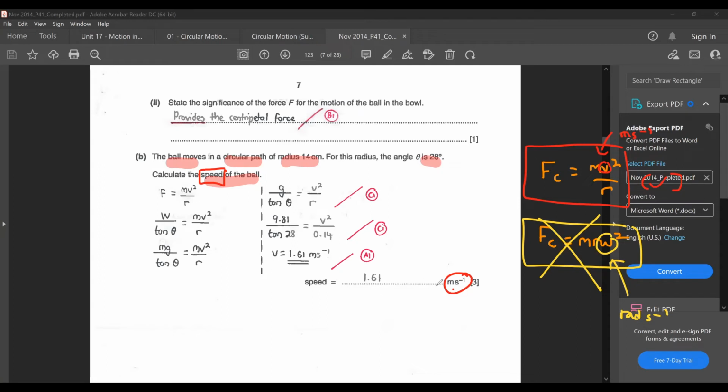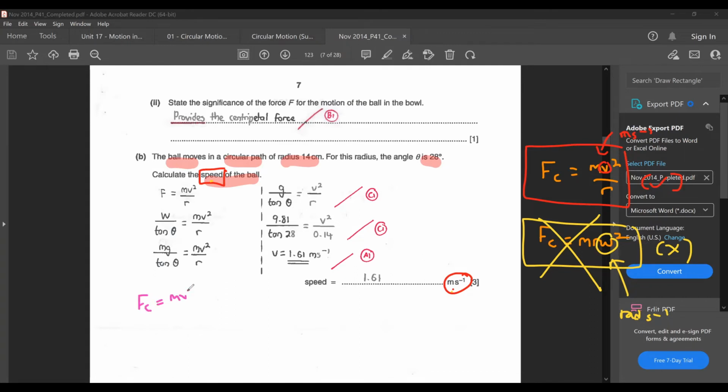Okay, that's what I meant just now when I mentioned that although there are two different equations, which one you use depends on what is given inside your question. Here the speed is in meters per second, so you're using the first one. You will not use the second one because the second one gives you radians per second, right? So you will use Fc